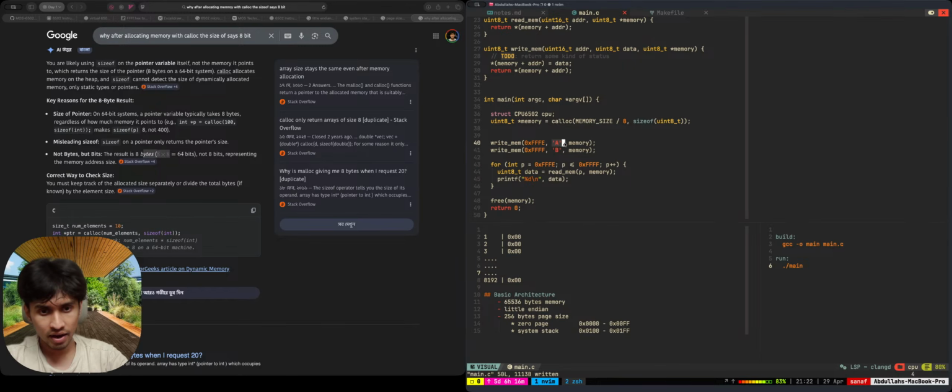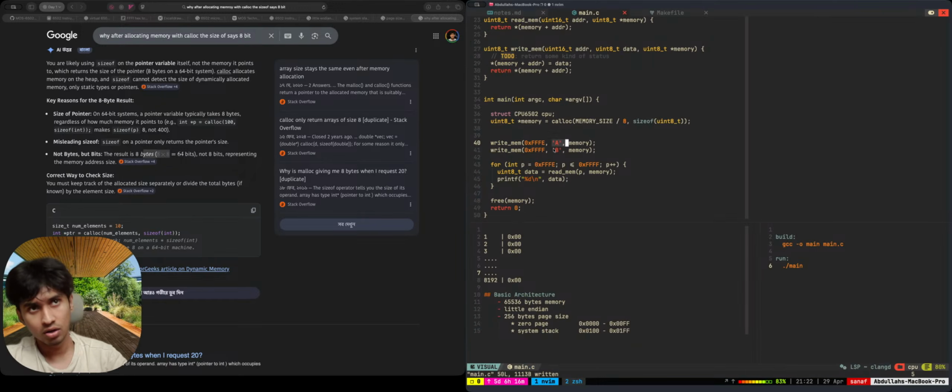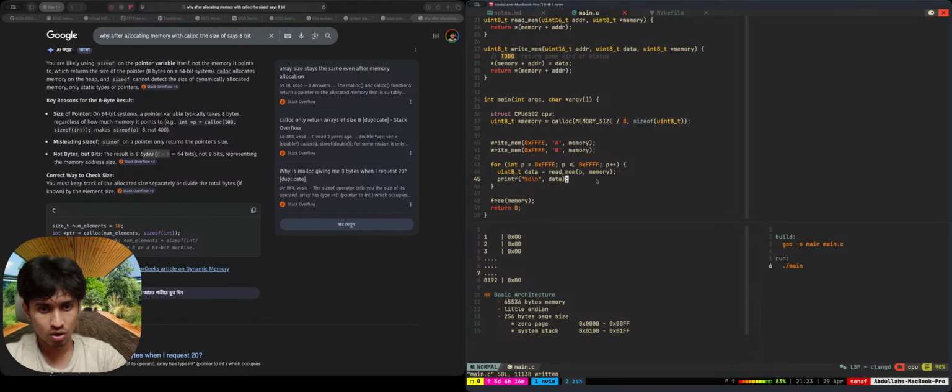So A, 65, is basically the ASCII representation of A, and then B is 66. So we have successfully created some kind of memory emulator. It's very basic, definitely, but